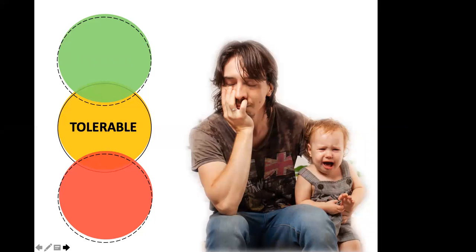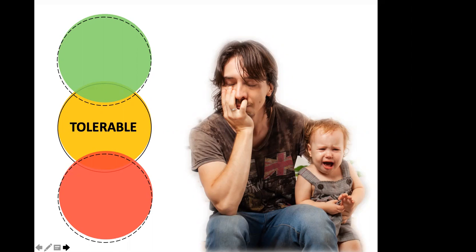Moving up the ladder, we think about stress getting a little bit more serious. This is what we refer to as tolerable stress. It's a serious, temporary stress that's buffered by a supportive relationship. In this picture, you can see the child is still stressed out, but the dad is staying with the child. He's got his arm around her. He looks a little tired by this tantrum, but he's hanging in there. And that's a big part of the difference between tolerable and toxic stress.